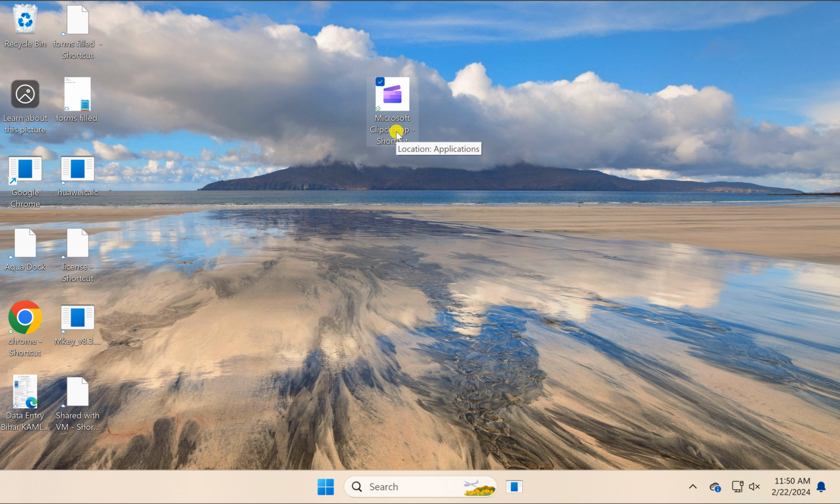In case you want to pin it to the taskbar, select this shortcut icon and drag it to the taskbar. When you see the link option, lift your finger from the mouse, it will sit on the taskbar, and now you can also access that application from the taskbar by a single click.